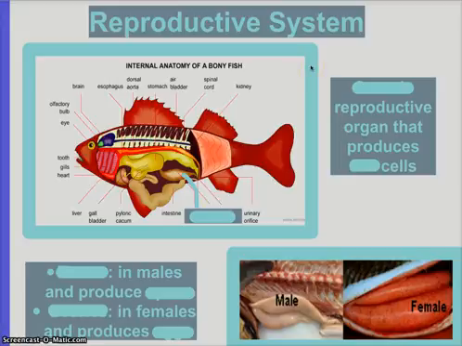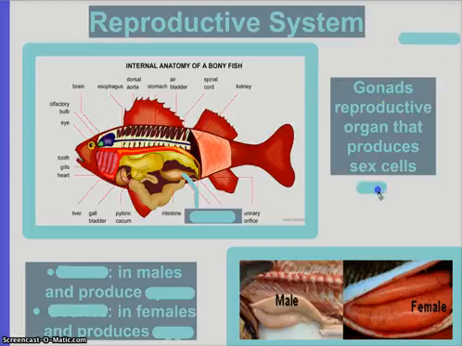So we're going to do the reproductive system, and again, these are introductions to systems. We keep going and we get deeper and deeper as we go into amphibians, reptiles, mammals, and birds. But as you just heard from group 4, 5, what are the major organs of the reproductive system? Gonads and ovaries and testes. So we're going to say sex cells, which are produced in the ovaries and testes. So there's your actual gonad. You're going to see that pretty clearly in the dissection, along with other parts that we're going to talk about